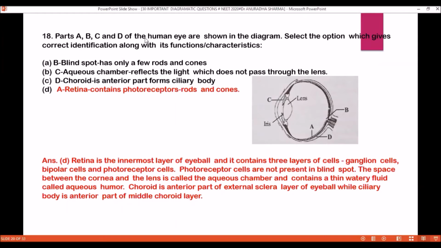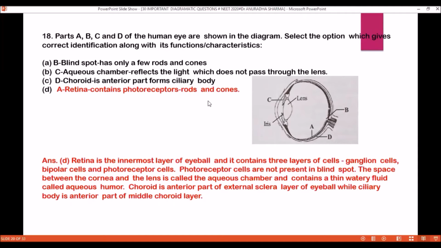Parts A, B, C of the human eye are shown in the diagram. Select the option which gives correct identification along with its function. So this is the diagram showing the human eye. First option is B is blind spot, which has only few rods and cones. C is aqueous chamber, which reflects the light which does not pass through the lens. D is choroid. It is the anterior part which forms the ciliary body, and A is retina that contains photoreceptors, that